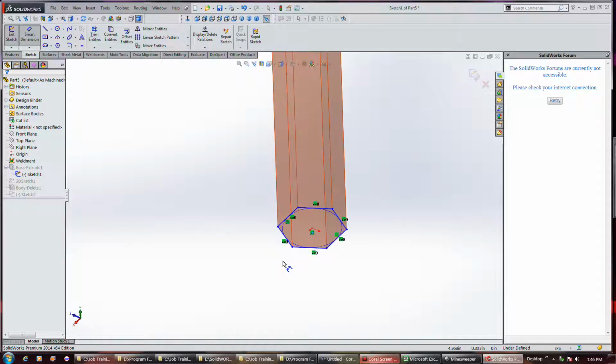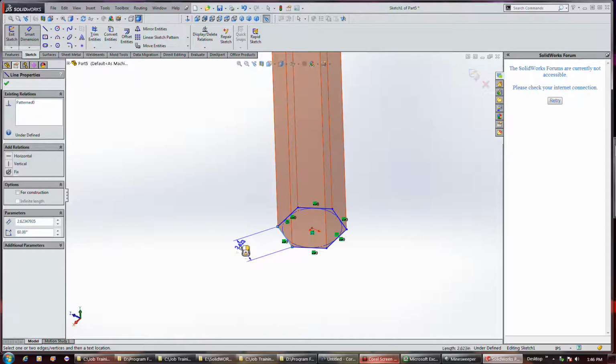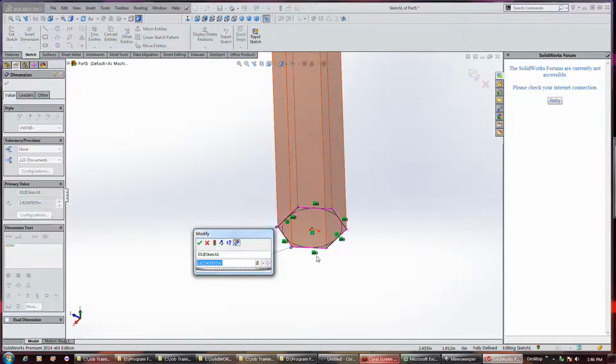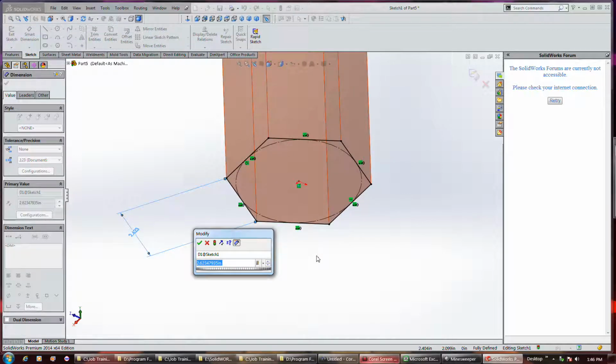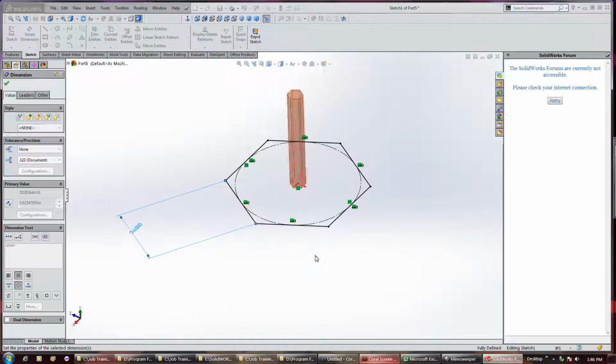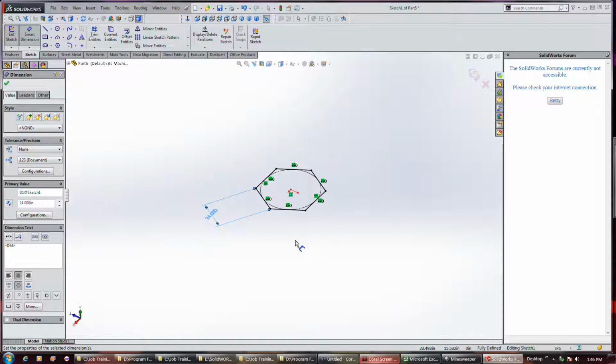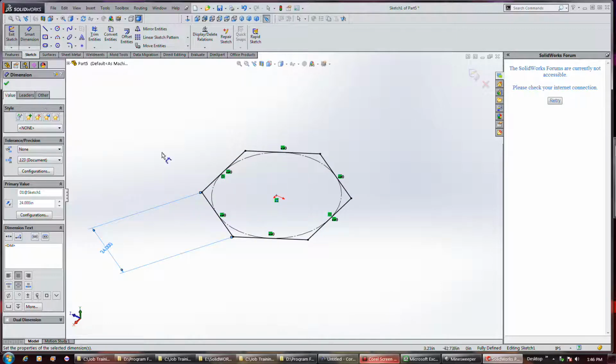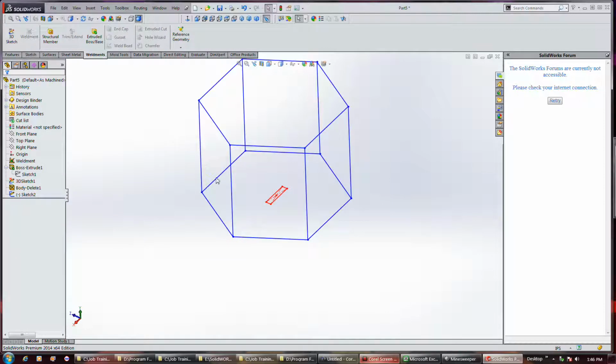I wonder if these things are set to equal. I'm not sure that they are. I don't know if they have an equal relationship or not. Kept these 24 inch, but I don't know if it'll let me do that. Maybe it did it. I don't know. Let's exit sketch and find out. Yep, it did it. So, that changed the dimensions of our sketch, so I was able to scale it,